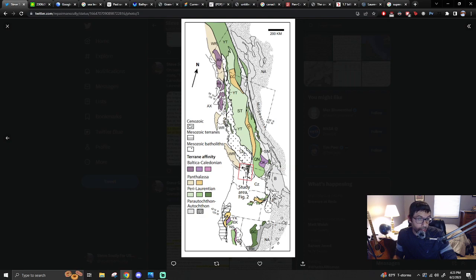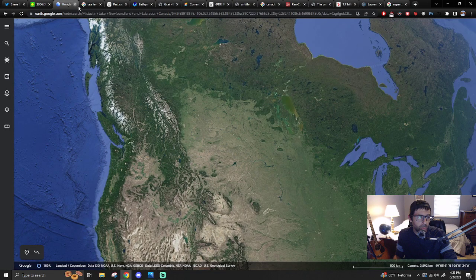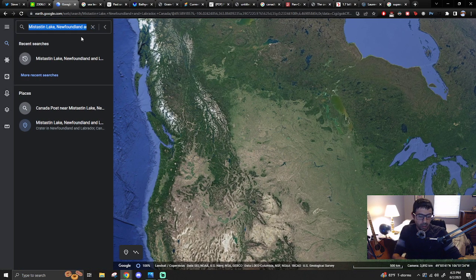and the Columbia River basalt. So in that region, these observations suggest a source area in the northeastern Canadian Shield or Greenland rather than in Scandinavia or western Laurentia, so further, not closer. Not sure why Scandinavia